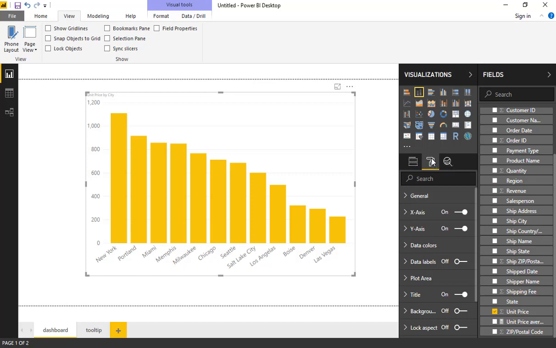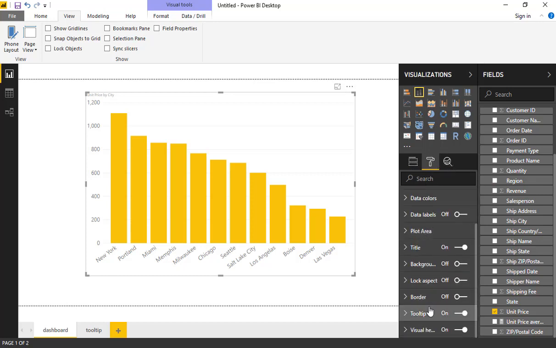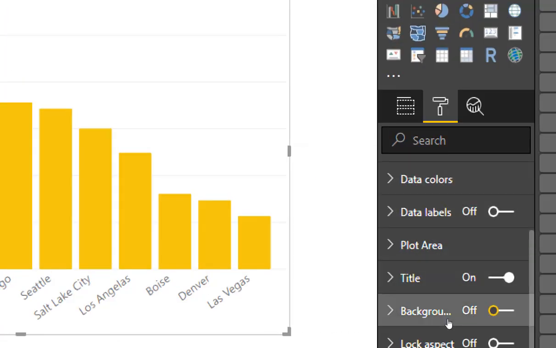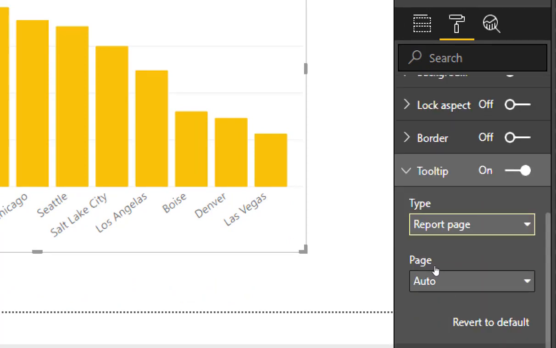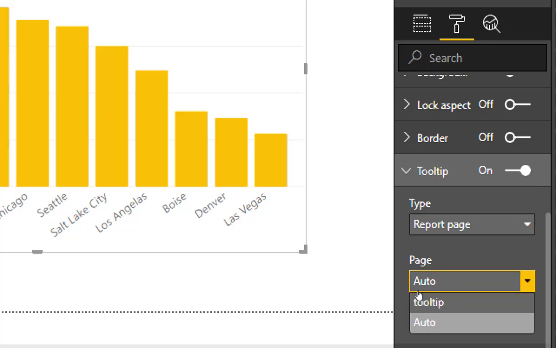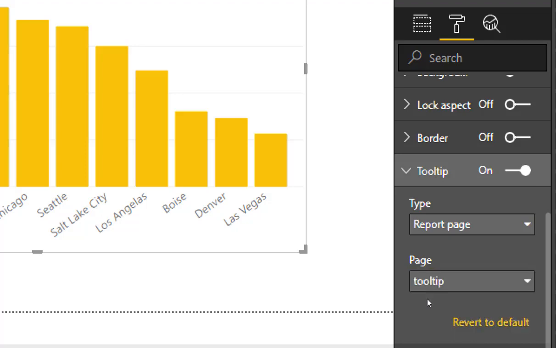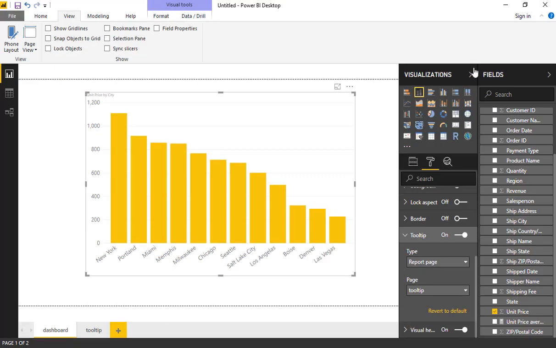Click on the format icon, and here at the bottom you can find the tooltip which is on, and in the page you will have to select the tooltip, okay. Click on that, and that's it.